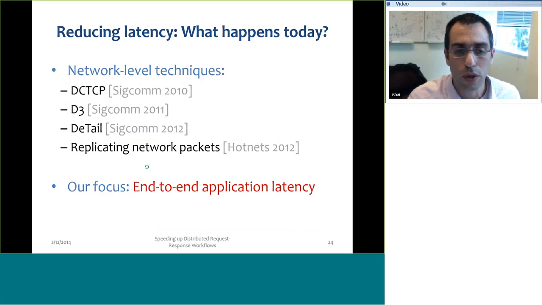Well, just one word about the related literature. There has been work on latency reduction in the CCOM community, but the context was more on network level techniques. You have point-to-point communication, and for example, you want to make it aware of deadlines and so forth. But here, if you think of the networking layers, we are looking at the application layer, and instead of a point-to-point approach, we are looking at the end-to-end application latency, and we're trying to improve it.